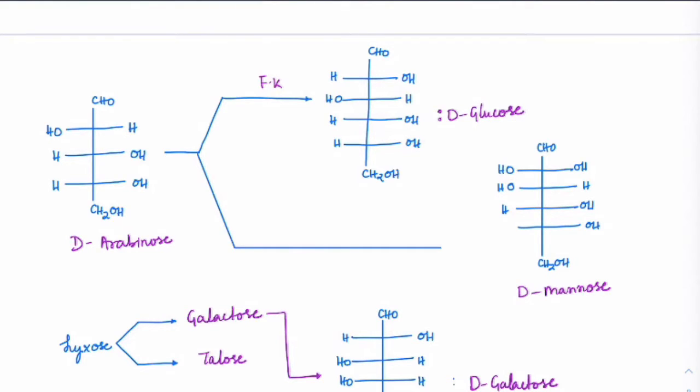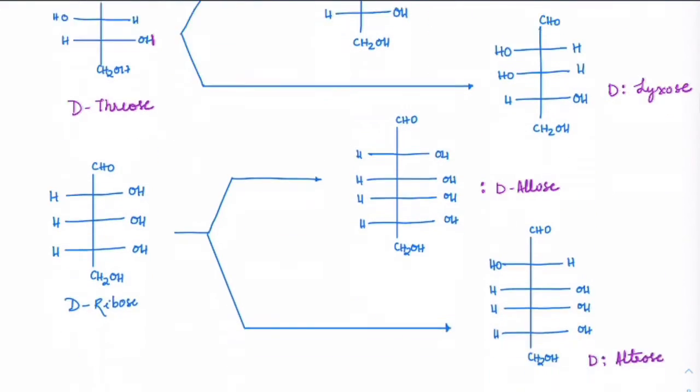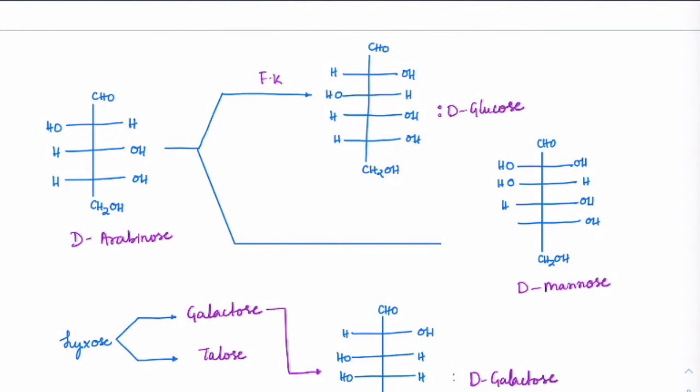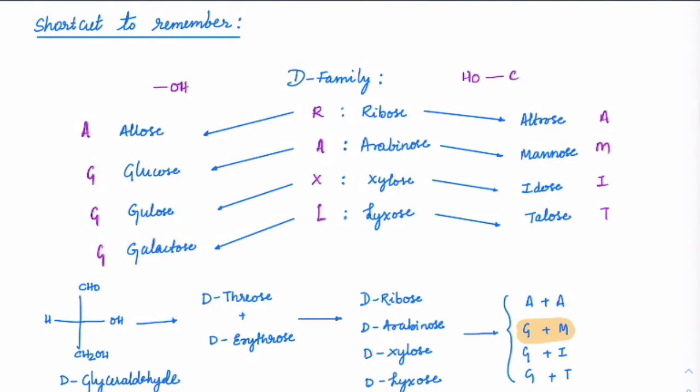So in total, we are getting 16 different isomers with respect to these four chiral centers. Correct? So I hope you understood that. Out of which 8 are the ones which are the D family, which we'll be studying. So the way to remember is, before glucose, what is the family it has? It has been derived from arabinose. So this is the mnemonic, and this is the way to remember.